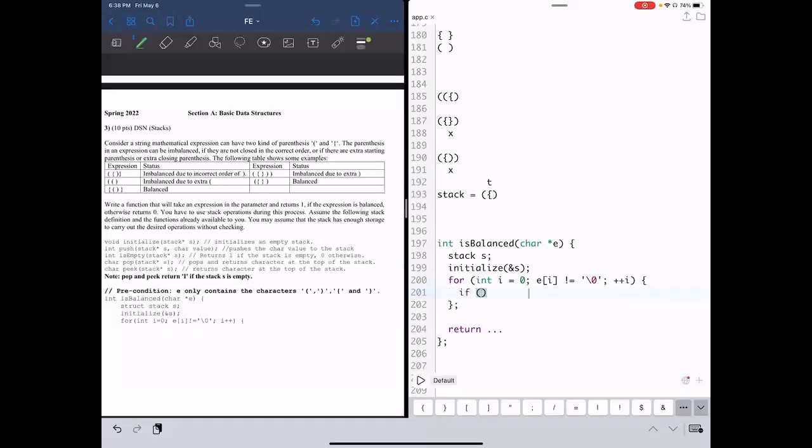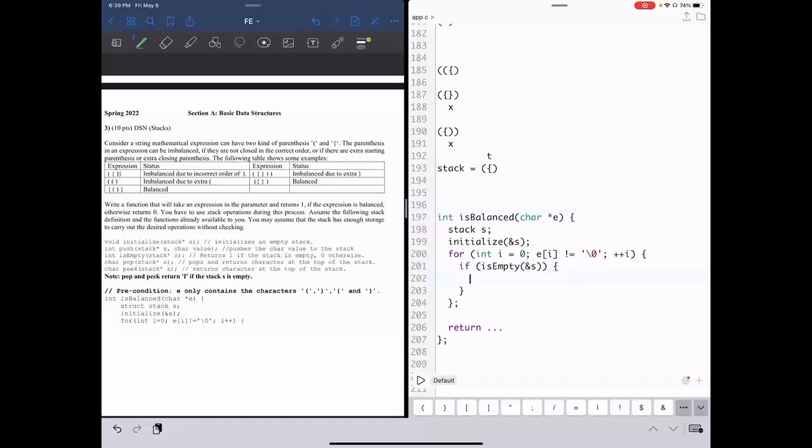So if we want to do a couple checks, if we have nothing in our stack, so if it is empty, and you've got to do ampersand since it's just static initialized. They always get you with that stuff, so definitely remember ampersand s instead of just s. I'll give you points off if you don't. So if it's empty, we're just going to push on whatever's there. You could do a check to see if it's a closing or not, because if you have an expression that starts off,